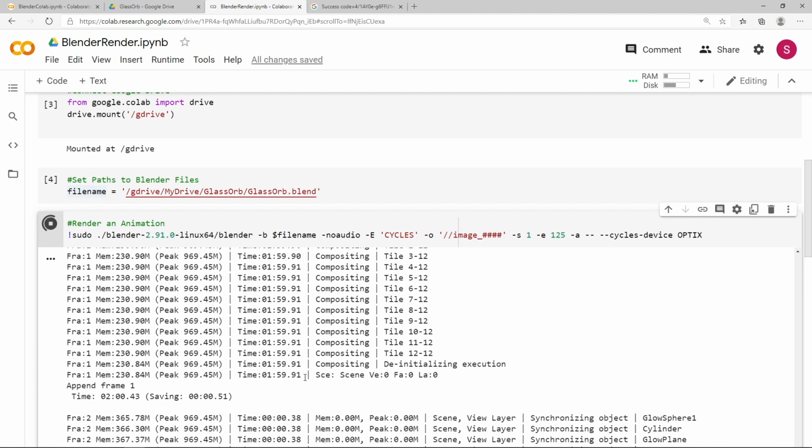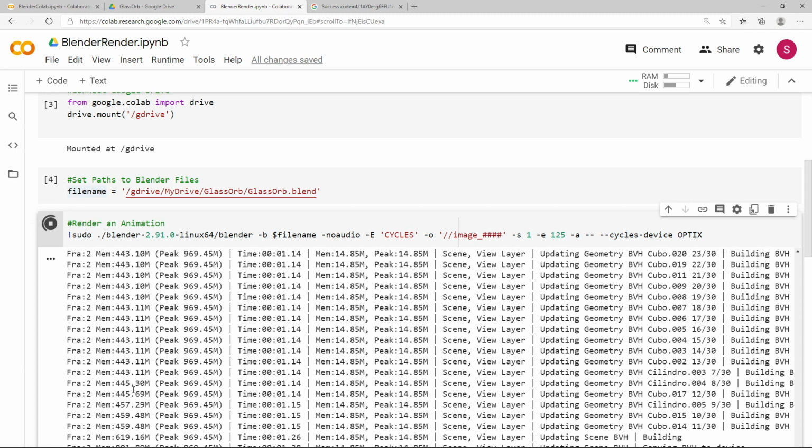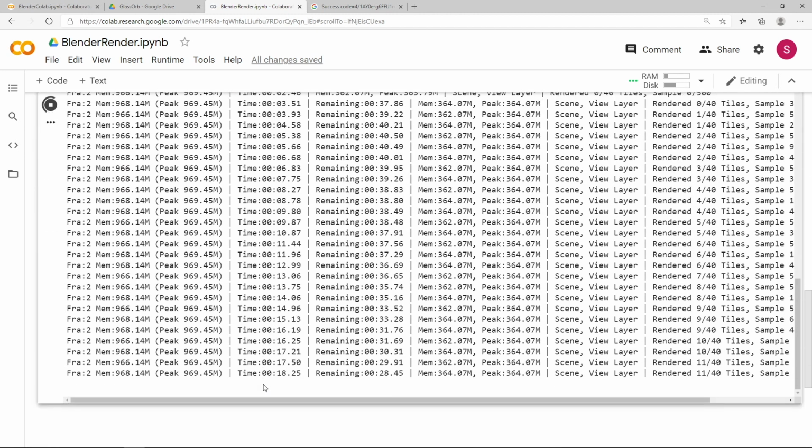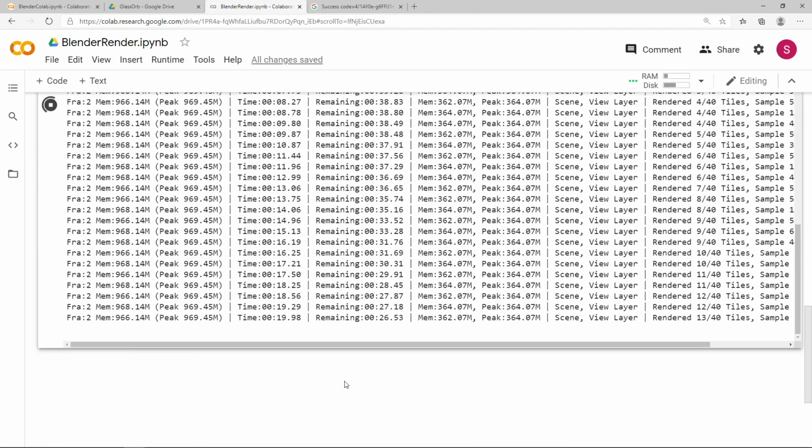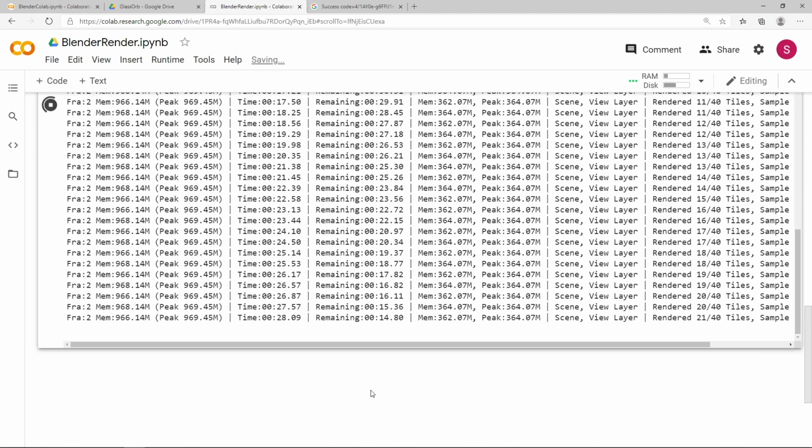Scroll up, so it took about 2 minutes total to initialize the rendering process, and let's just see how long the next one's going to take. Each frame actually takes a lot less than that. Looks like it takes about a minute to render each frame, but you can see here on the left we're at frame 2 of 125 now. So I'm just going to leave that for a bit, and then we'll come back and we will look at